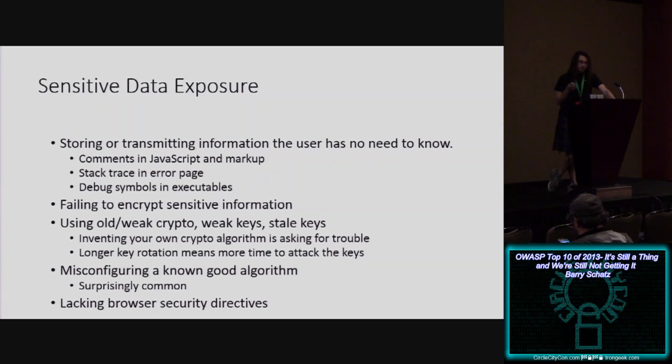Misconfiguration. Even with solid crypto, misconfiguration is one of the biggest problems. This starts to dovetail in with insecure defaults, which is on a later slide, but basically, the math for good crypto is solid. I trust the math. But figuring out how to get the libraries actually up and working and securely can be a royal pain in the ass. If you've ever had to set up a tunnel with Windows Communication Foundation, that way lies madness. But it can be done. The crypto is solid, but holy crap, actually getting it working, very frustrating.